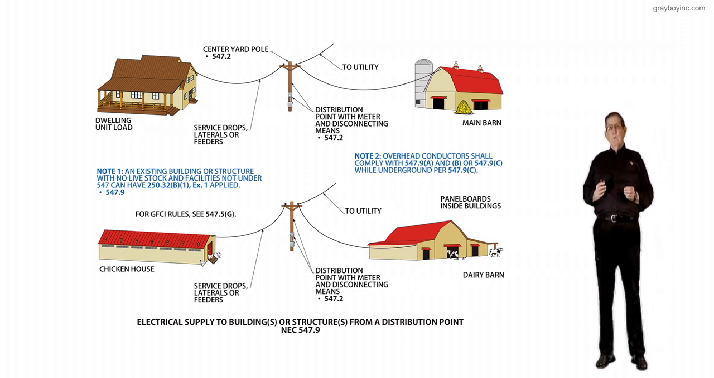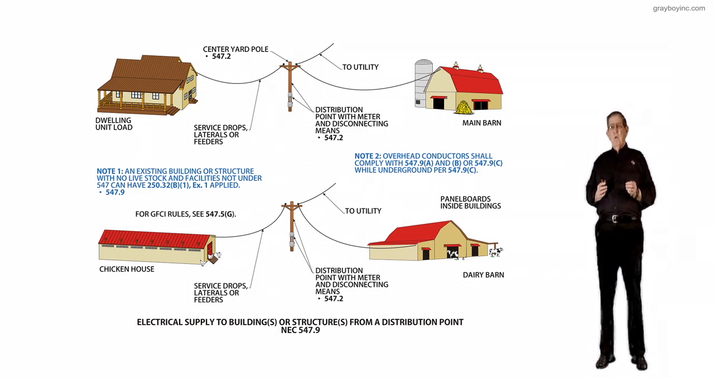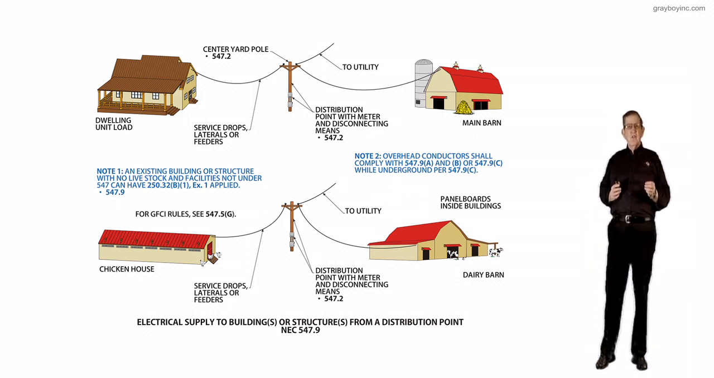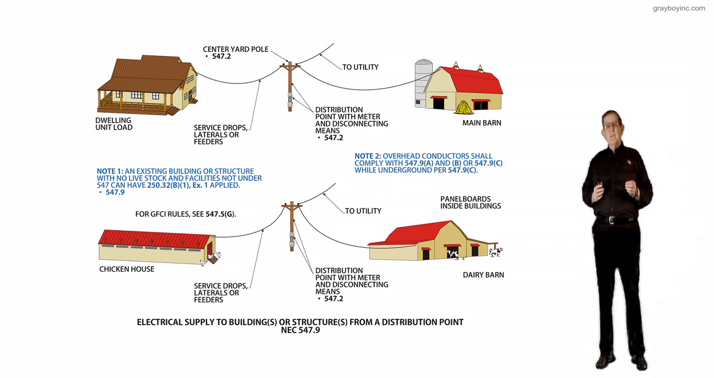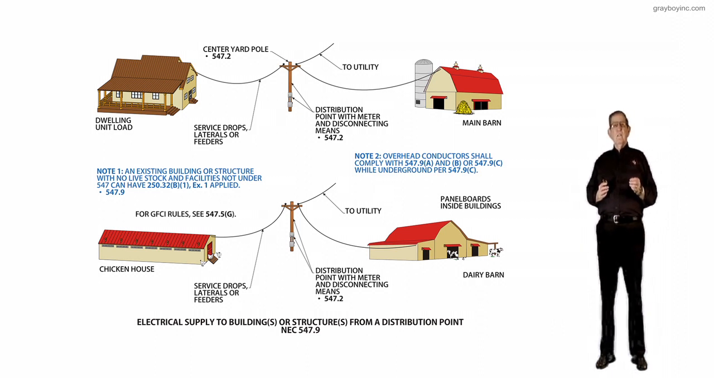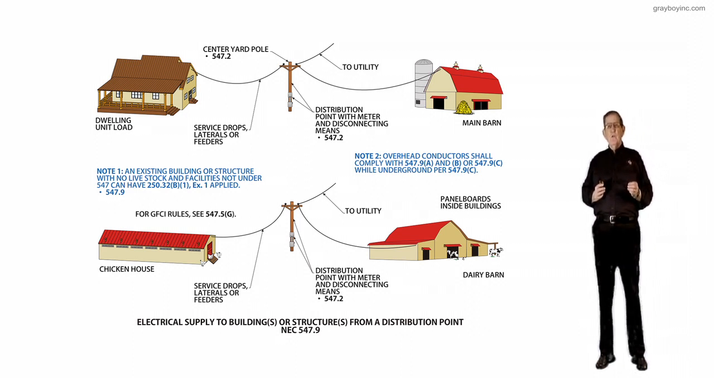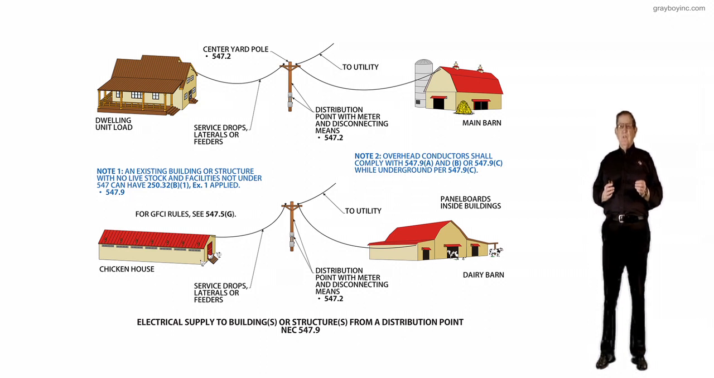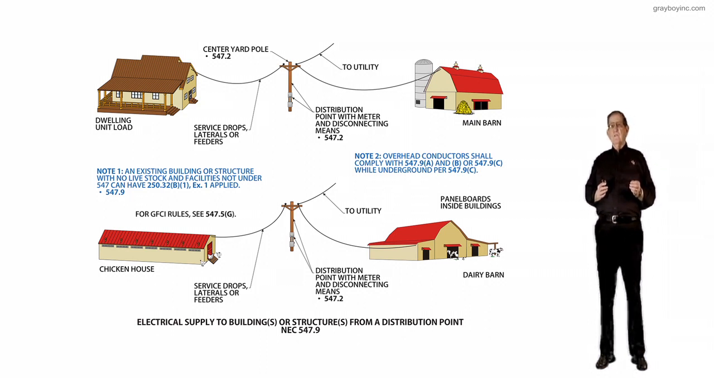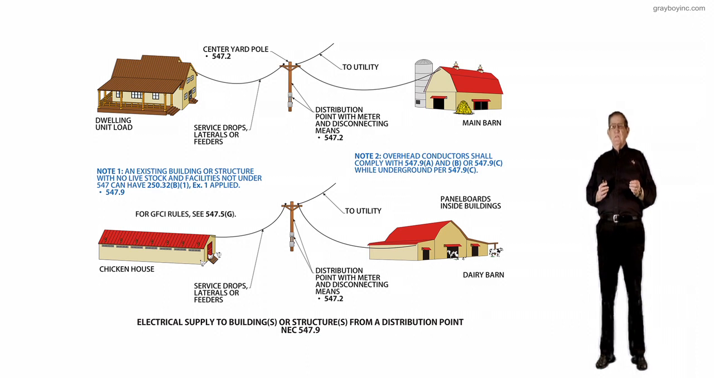This revision will also provide clarity that a distribution point is required for agricultural type buildings and structures that are for livestock, to assure they are supplied by a grounded 4-wire distribution system to reduce stray voltages that might affect livestock. The verbiage also clarifies that for existing agricultural type buildings and structures for other than livestock, such as